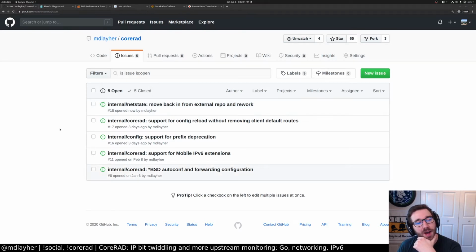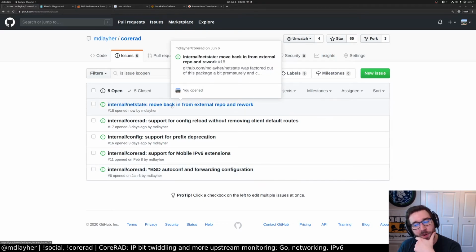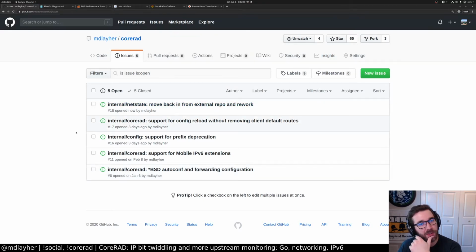So I guess if not, we could work on the network state thing. That'd probably be useful to at least start examining it, because config file reloading is also a thing I want to do. That would involve either canceling everything, or possibly taking a mutex and swapping out the configs in place. I'm curious which one of those would be easier.